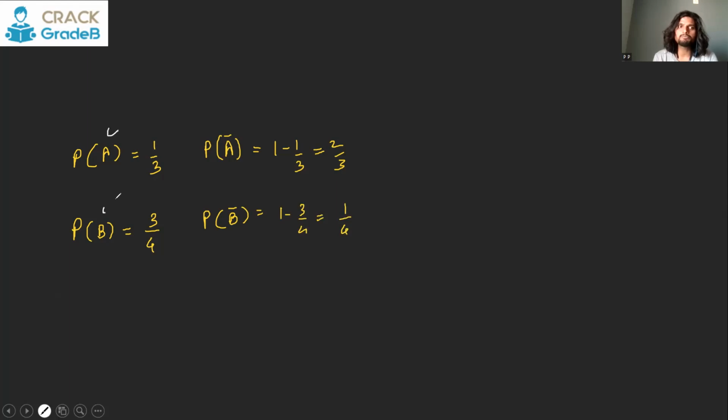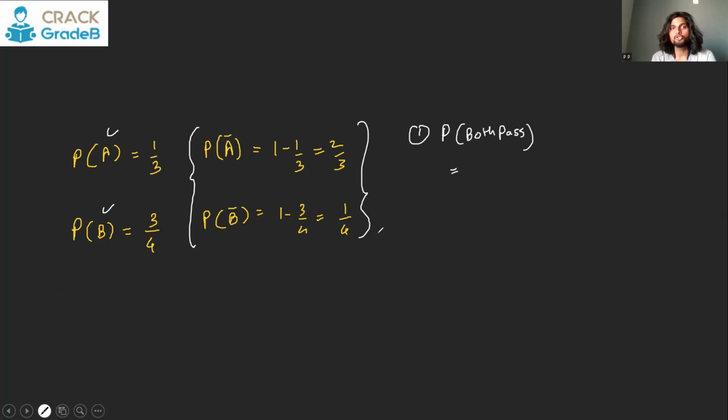So this much information is provided to you. This much we have to calculate for ourselves, because the question sometimes can then be, what is the probability that both pass? So both pass means this also happens and this also happens. That means the factor involved is and. A passes and B passes. So what is the probability that A passes? It is 1 by 3. And what is the probability that B passes? It is 3 by 4. And the factor involved is and. So you multiply together. So it becomes 1 upon 4.